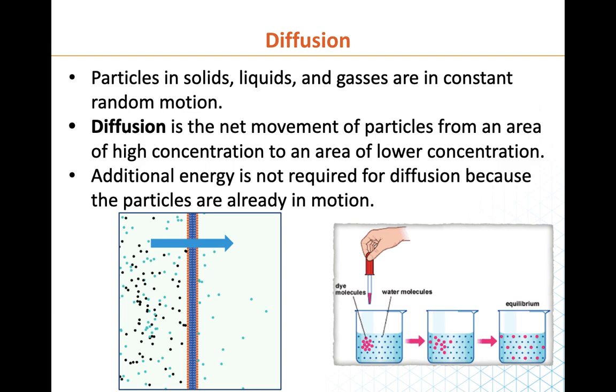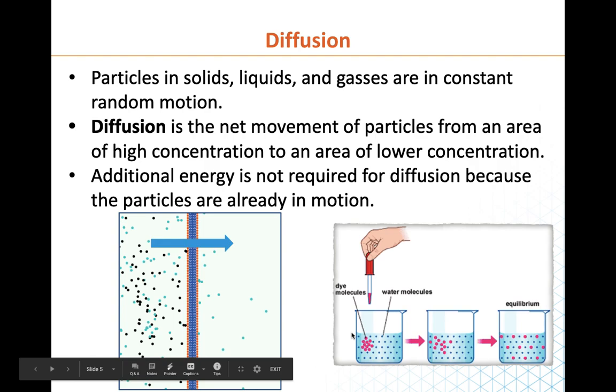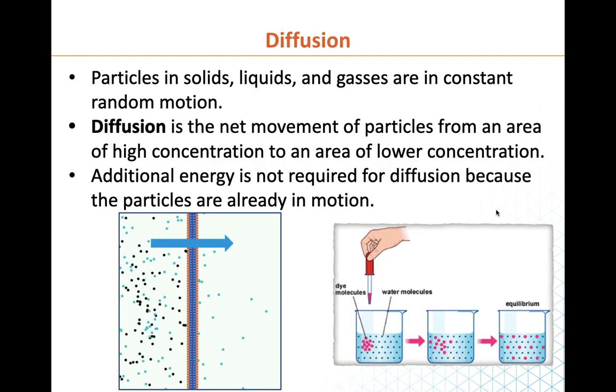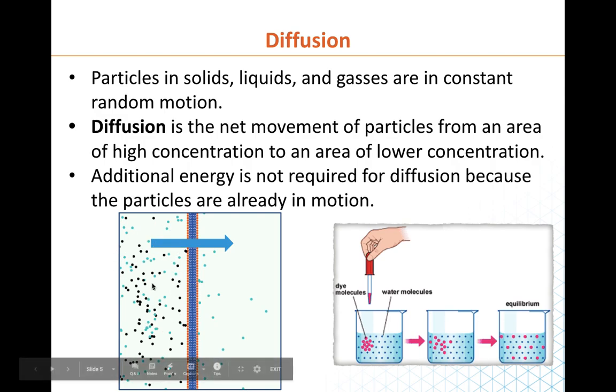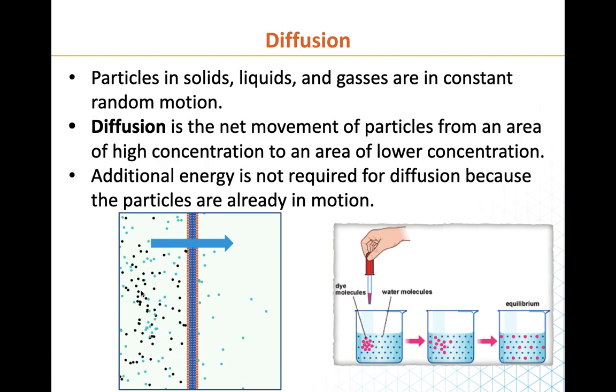You guys remember this from when you learned about chemistry a long time ago, and you just know that particles never truly stop. Even when they're in their solid state, they're just vibrating in place, but they haven't actually stopped moving. So diffusion is the net movement of particles from an area of high concentration to an area of low concentration. Additional energy is not required for diffusion because these particles are already moving in that direction. So if you look over here, particles like to move from areas where they are in a high concentration, which means an area where there is a lot of substances that are similar to them, to areas where they are